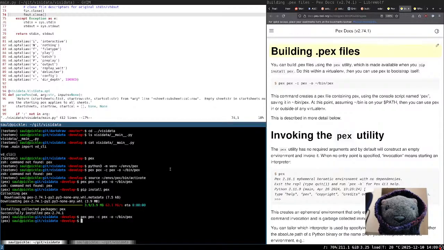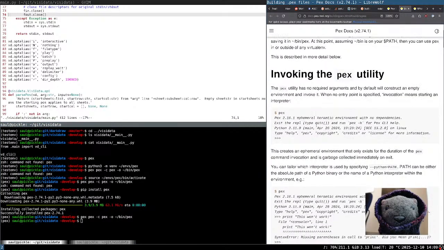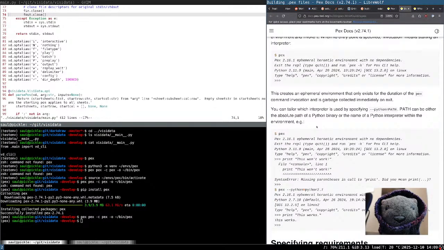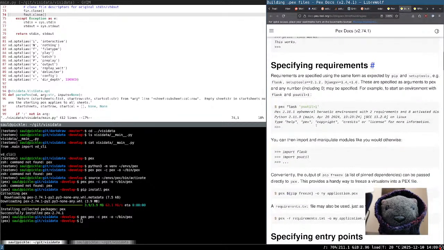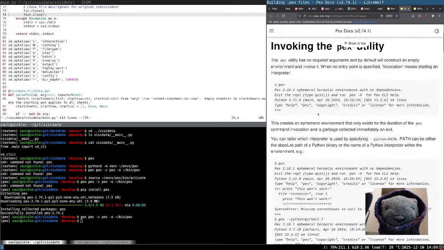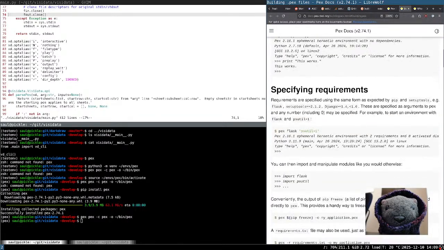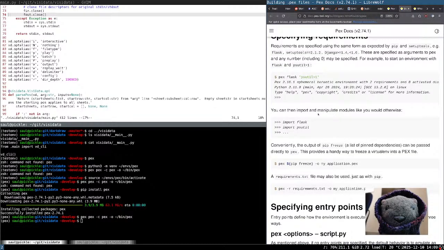okay. So now we're going to run PEX. Let's see here. Guess run PEX from here. I want to build a .pex file. Okay. Let's do. I'm going to exit this, deactivate, and let's activate my